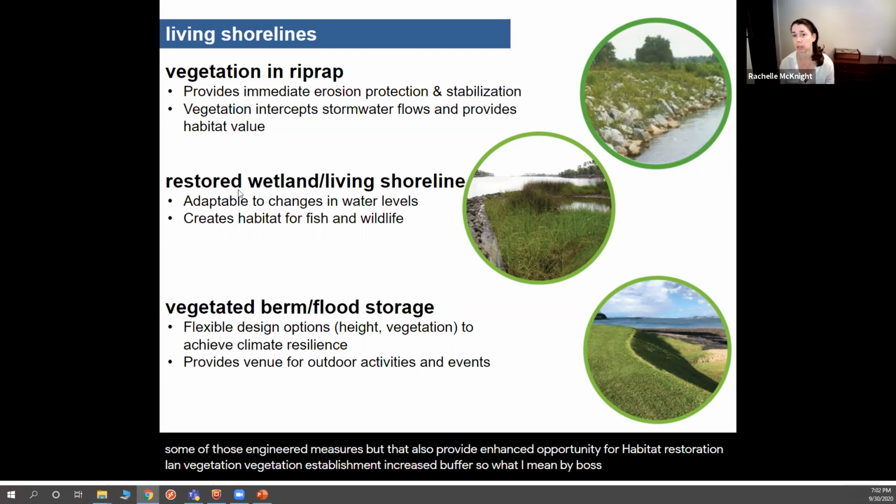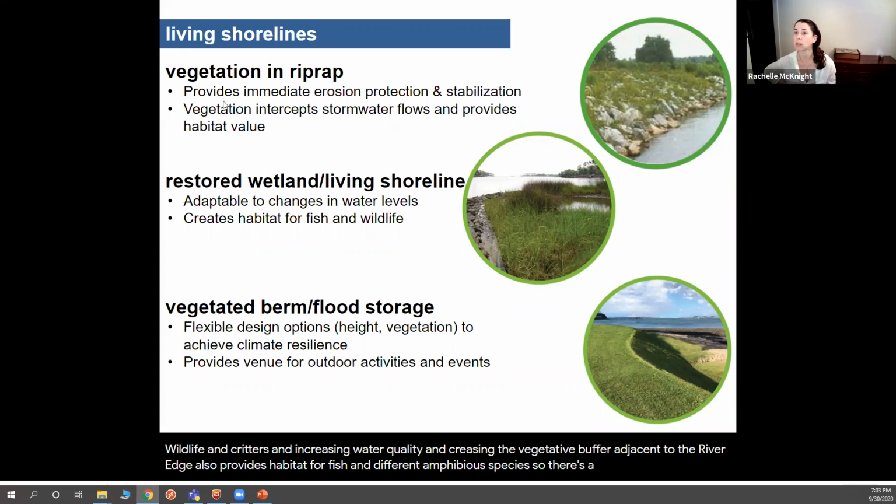So what I mean by buffer is typically there is a vegetative layer right along the edge of the shore of the river. And what we're looking for is to increase that buffer as much as it is feasible and realistic, because the more vegetation you have along that shoreline, the greater chance you have of stabilizing the shore and providing flood protection. And what's wonderful about increasing that vegetative buffer is then you're also providing habitat for a large variety of wildlife and critters, and increasing water quality. Increasing the vegetative buffer adjacent to the river edge also provides habitat for fish and different amphibious species.